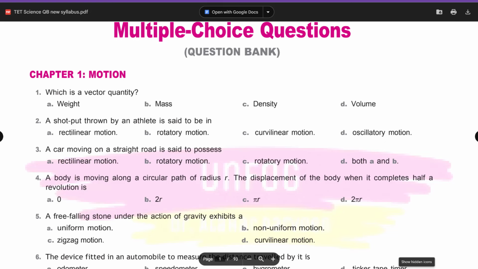See, if you are an aspirant who has already enrolled in our TET course, then you better go to the question bank which we have given you. That covers all the new syllabus multiple choice questions. So you can directly go there, search the chapter name and then learn all the multiple choice questions. That is one option. Or else you watch all our classes and follow our other worksheets. In those worksheets also we have given many important multiple choice questions which are different from this question bank.